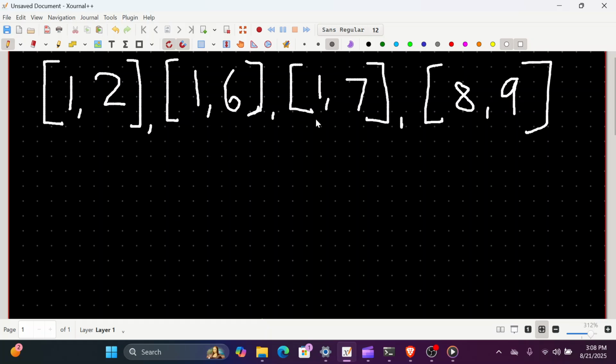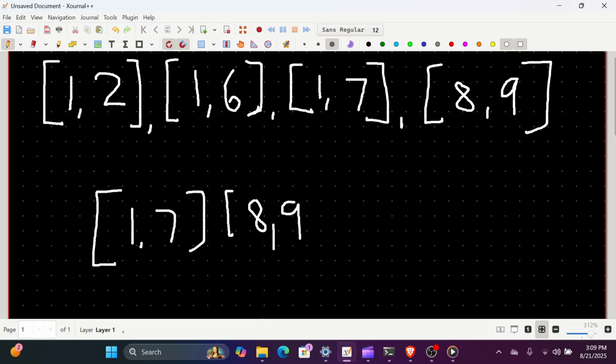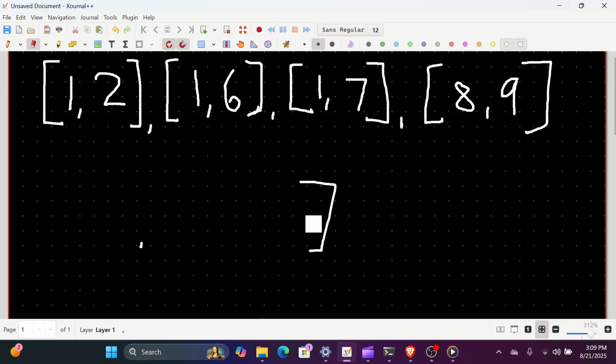So let's say these are our intervals, okay? Just by looking at this, we know that we are going to have to output [1,7] and [8,9], right? I think that makes a lot of sense for all of us. But what is going to be the approach to solve this? So the approach is going to be,